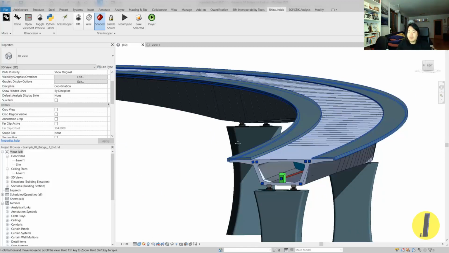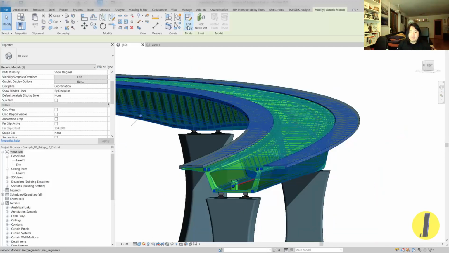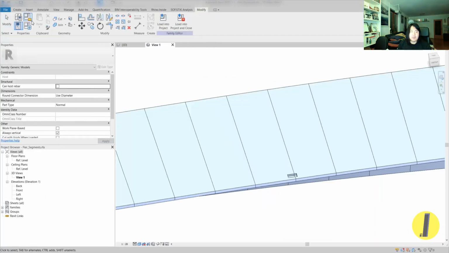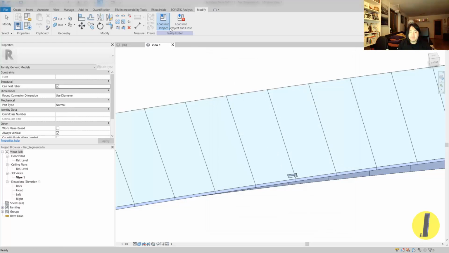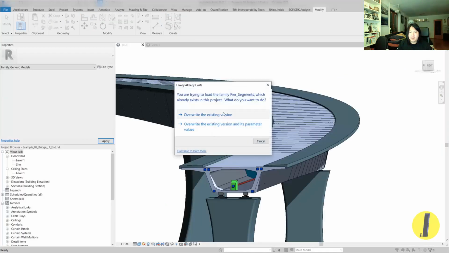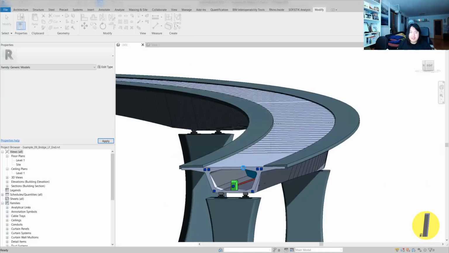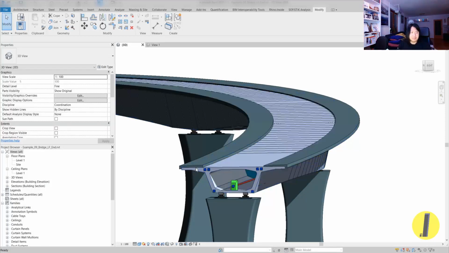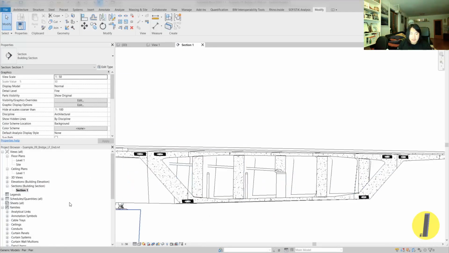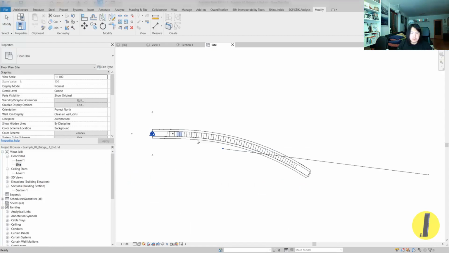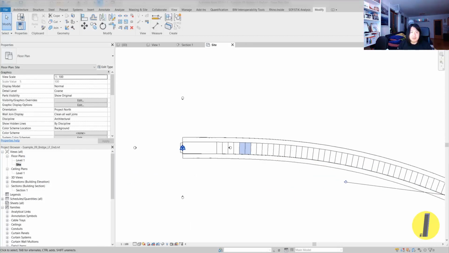What I'm going to do now, because this is a family, one more time, I'm curious if we can create them as concrete, so we can host the Rebar, and I'm going to change that property when I click and override it. Now let me go ahead and create some Rebar elements. So here there is a section. I'm not interested in this section. Let me go to site, and I'm going to create another section